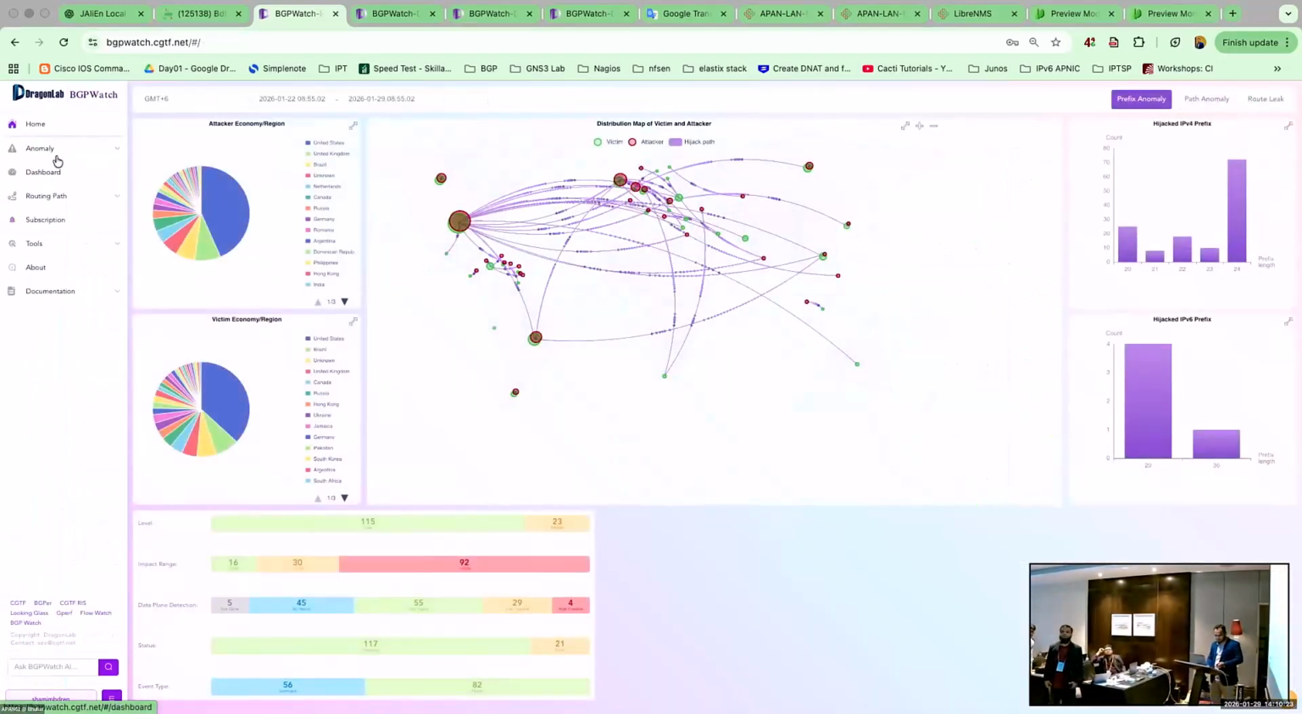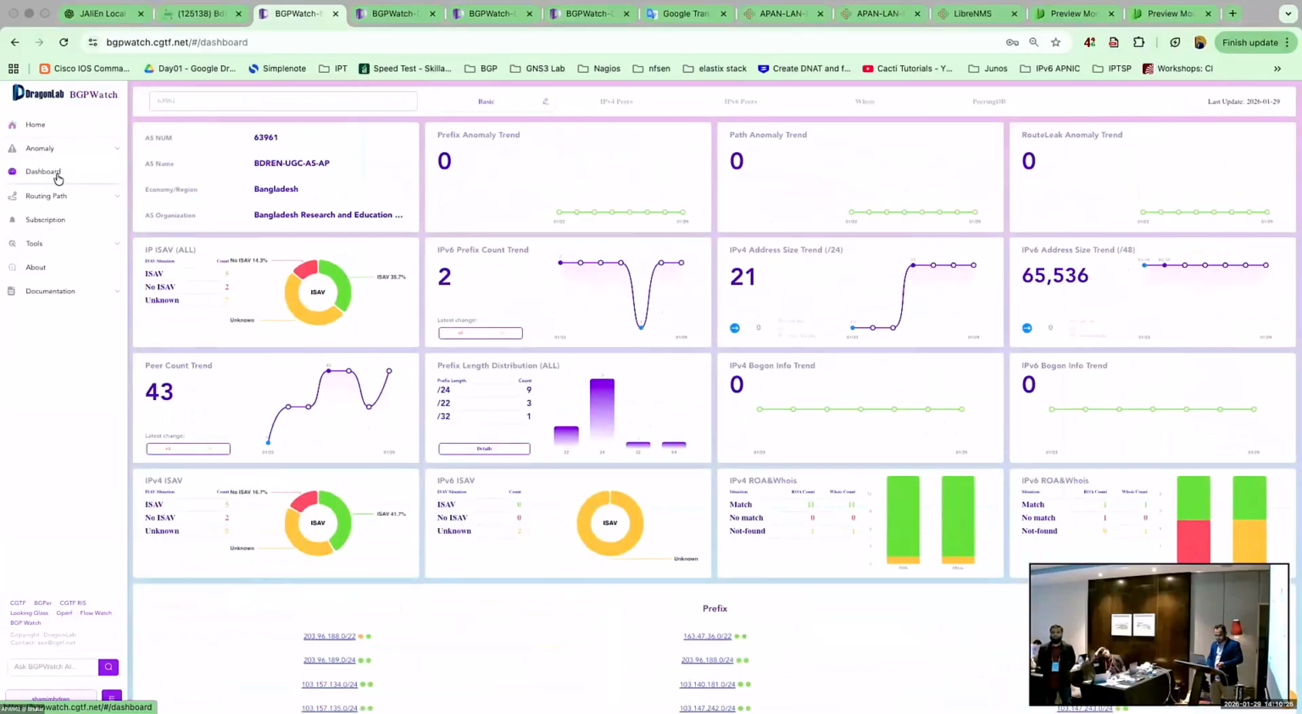I already logged in. Oh, this one, right? Yes. So if you want to put in your AS here, you will get all the related information, like the detailed information of your ASN: prefix anomaly trend, path anomaly trend, route leak anomaly trend, and source address validation information, which is very important,